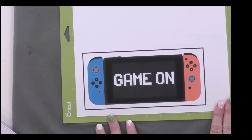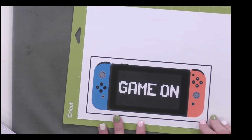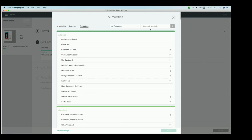Anyway, we're going to just put this on our mat like I've just done, and then we can stick it in our machine, and we'll jump back into Design Space so I can show you what material setting we're going to use to cut this printable HTV today. Okay, back over in Design Space, we're just going to press Browse All Materials, and then we can come up and search our